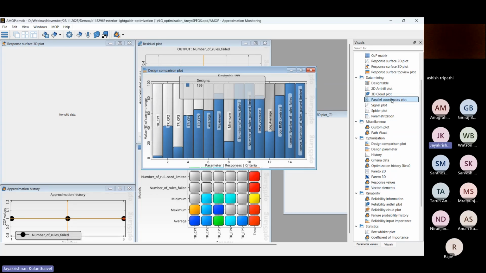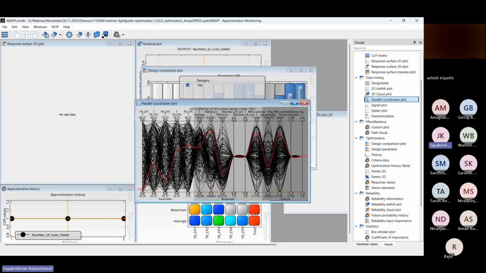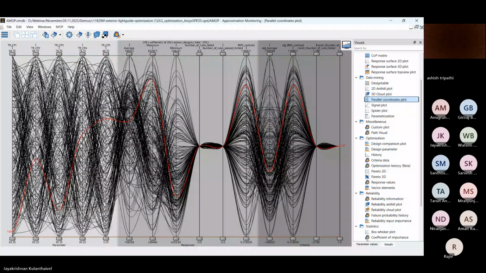So here you can see there is one thing called parallel coordinate plots. If you look at this image, all these curves represent different designs with the corresponding TP control points, as well as the 5 responses that we have taken: average, minimum, number of rules that it has to pass, limited, RMS contrast, and all. The maximum it achieved is around 190 kilo candela per meter square average, and the minimum